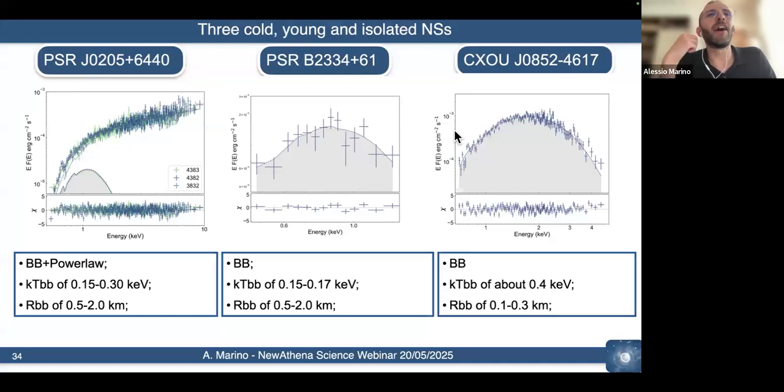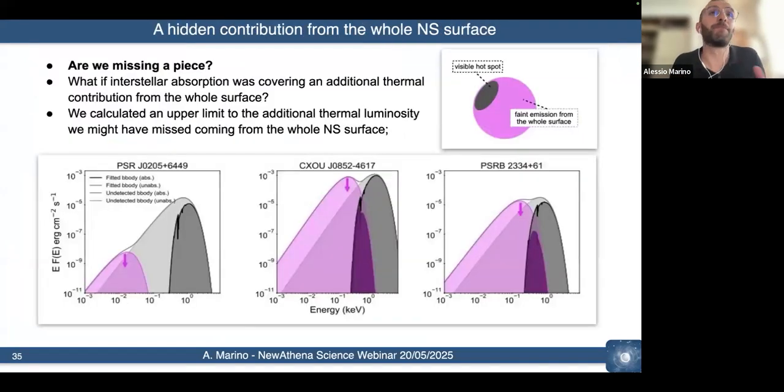And this begs the question: are we missing a piece of the overall emission from these neutron stars? We are expecting the whole neutron star surface to emit some radiation. Is it that these sources are so cold just because we are not seeing a part of the emission coming from the whole surface, which is colder but still there? And this is possible because, of course, in between us and these neutron stars, we have interstellar medium, which absorbs part of the X-ray emission,